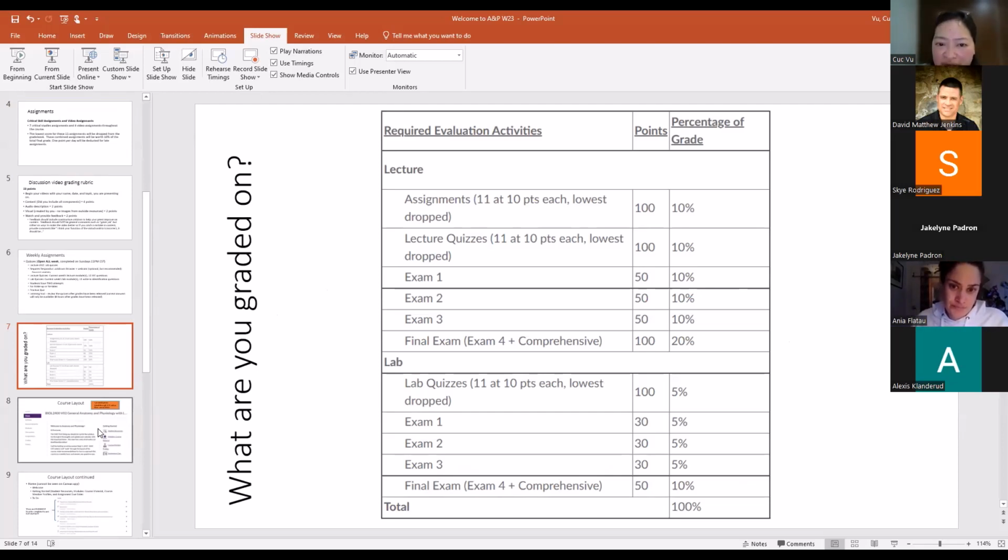So what are you graded on? You have the assignments that I talked about already. You have the quizzes, both lecture and lab quizzes, that I talked about already as well. For your lecture and lab quizzes, I will drop the lowest one. So you have 11 lecture quizzes at 10 points each. I will drop the lowest one, so it will only count 10, and that will give you 10%, so 1%